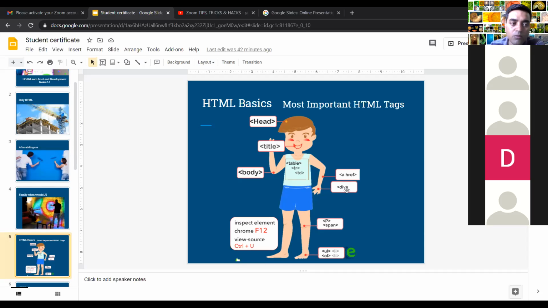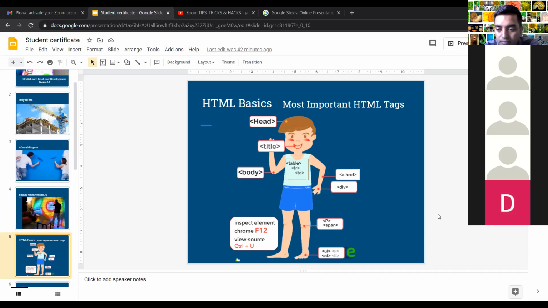So instead of table, which tag can we use? Suppose I don't want to use the entire table, because when you write a table, essentially it has 3 lines of code: table, tr and td. We can use div. Great. Apart from that, we have the p tag.